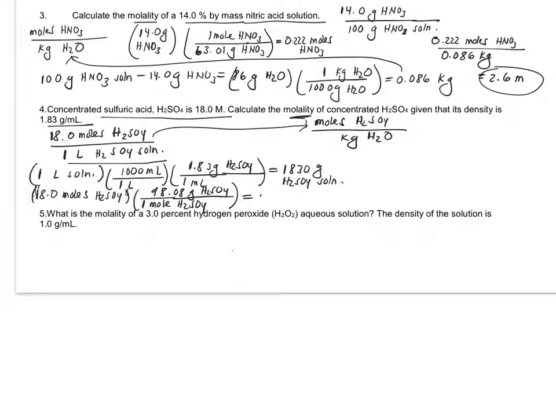So that ends up being 1765.44 grams of H2SO4. So if I want to determine the amount of water, I'm going to take 1830 grams of sulfuric acid solution minus 1765 grams of my solute. This ends up giving me